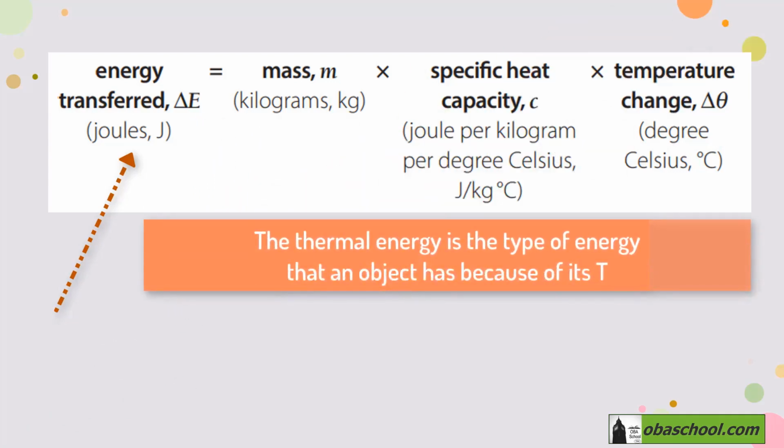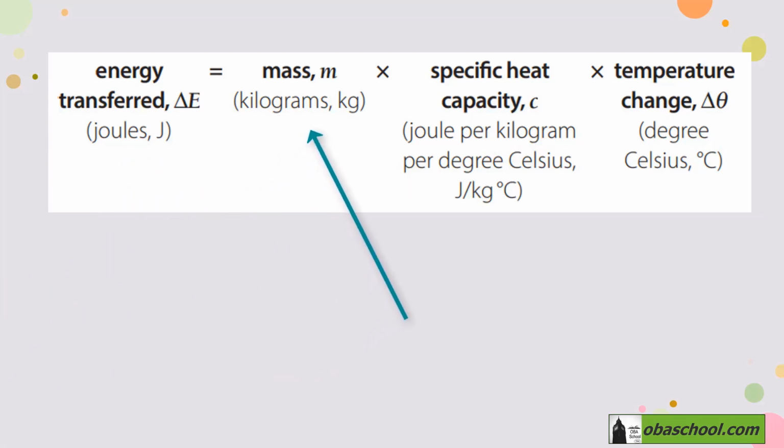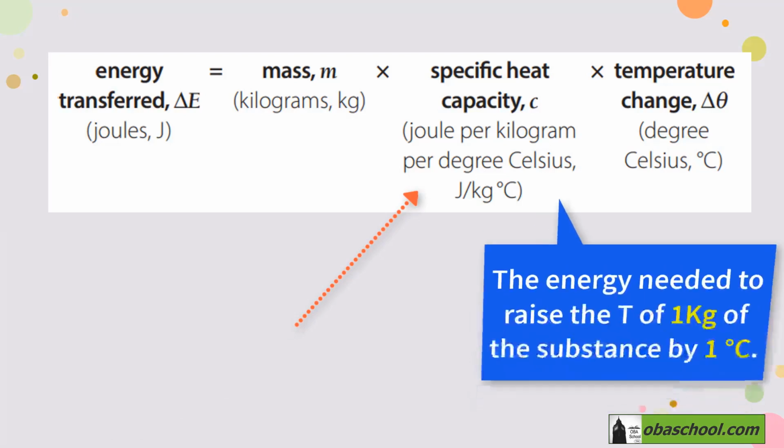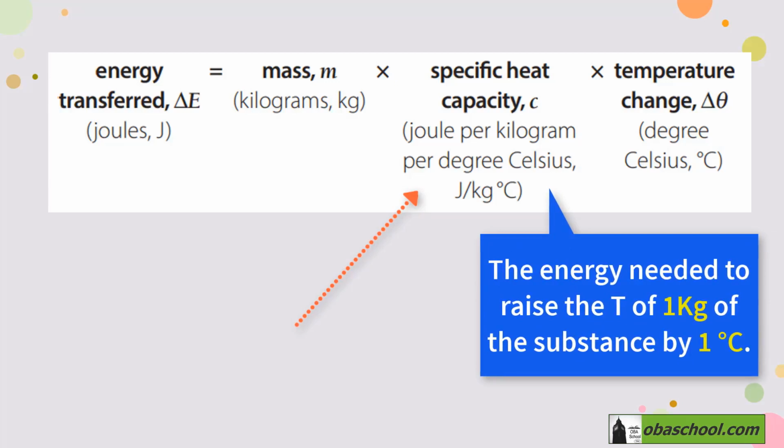Recall that thermal energy is the type of energy that an object has because of its temperature, equals the mass, measured in kilograms, of a substance or material, multiplied by the specific heat capacity, measured in joules per kilogram per degree Celsius. Recall that the specific heat capacity is the energy needed to raise the temperature of 1 kilogram of the substance by 1 degree Celsius,